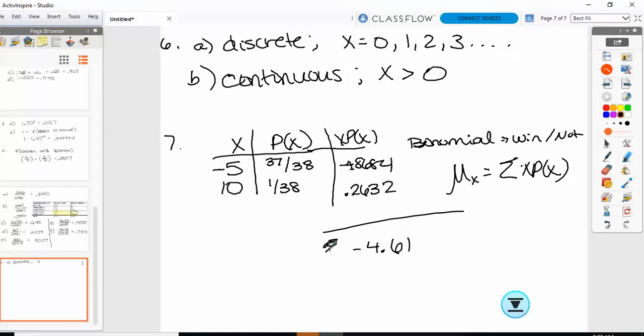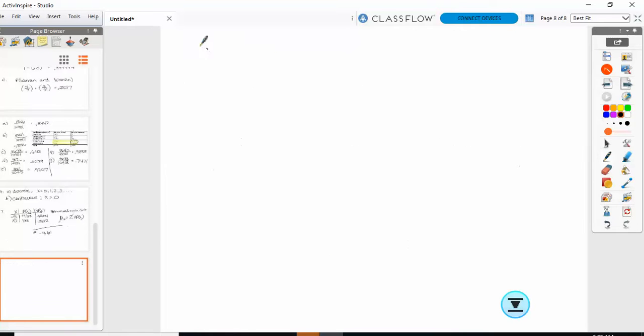So if I'm asking about the expected value, we're really just finding the mean. Is that one okay? All right, so the next one,